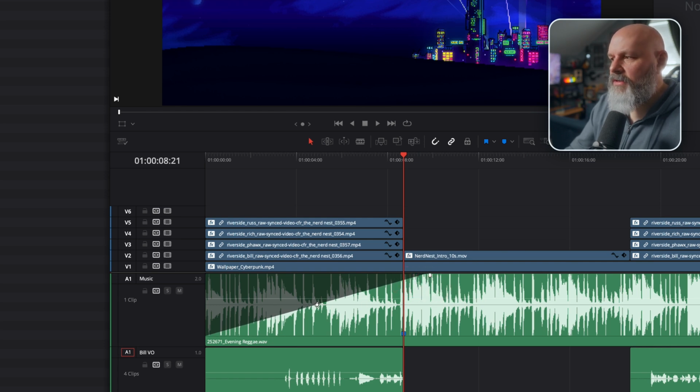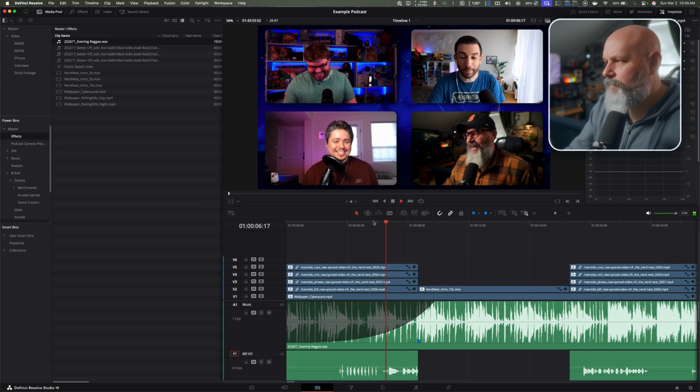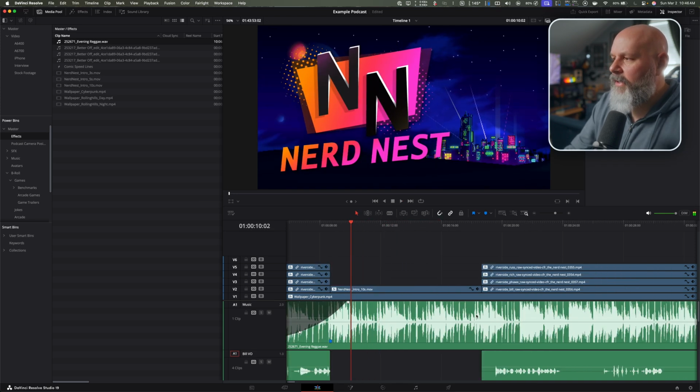And then if you look at this little gray dot right here, it's kind of hard to see. If you click on that gray dot, you can change the shape of the curve that changes the volume of the music. So I'm going to have it slowly increase. So it'll be very, very quiet here, and then it'll get louder and louder and louder. So I'm going to hit play. All right. And then I'm going to hit